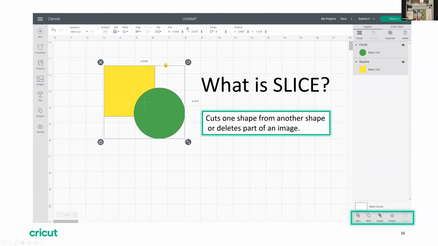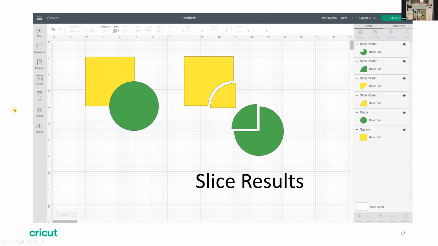So you can see here, when I have these two shapes selected, in the bottom panel of my layers panel, the slice action icon is open. So it's available. It's not the shadow color. So when I click on that, what that does is it separates or slices from one image into another image. So the green circle was on top of the yellow square. And when I clicked slice, it